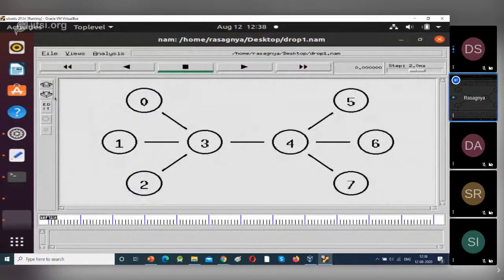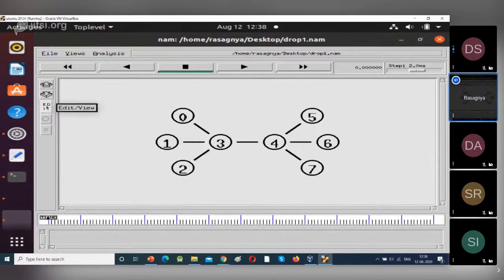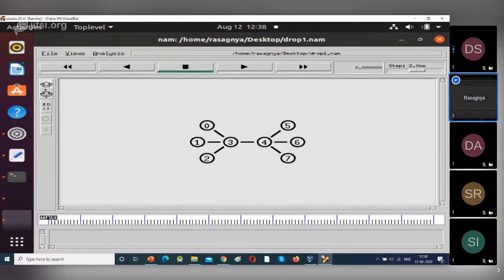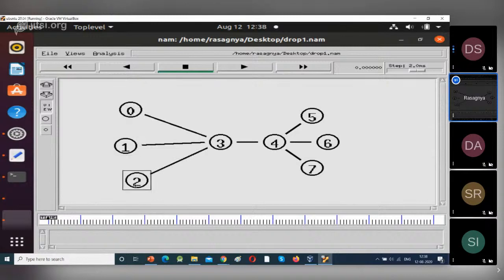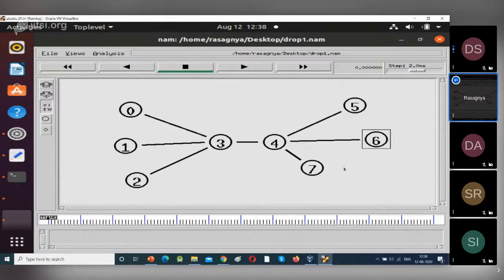You can also edit your network. Now click on the play button.